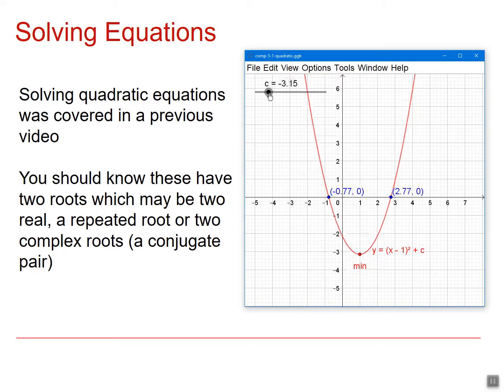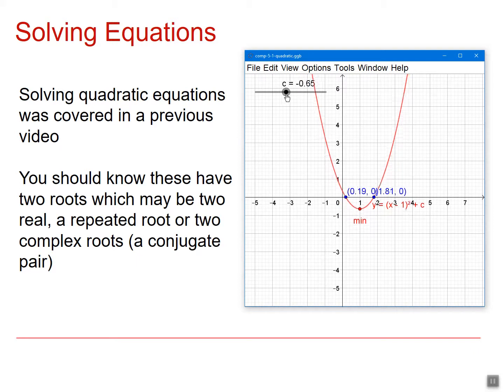They may be repeated, and as I bring the curve up towards the axis, we get a repeated root here at 1, 0. Or they may both be complex roots. And if they are complex roots, they occur in a conjugate pair. So in this situation, the quadratic does not cut the axis. So we get two complex roots, a repeated root,